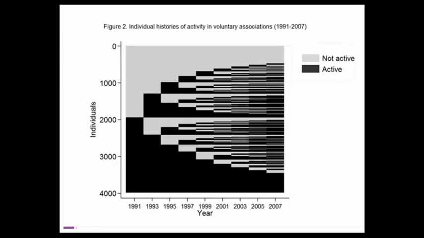So by the time we get to 2007, which was the last wave of data used in this analysis, you can see that in fact there's only a very small proportion of the sample who had not been active in voluntary associations at any time during the time period of the sample. And likewise, there's only a very small proportion, perhaps an eighth of the sample, that had been consistently active in voluntary associations throughout the lifetime of this data. And this paints a very different picture about